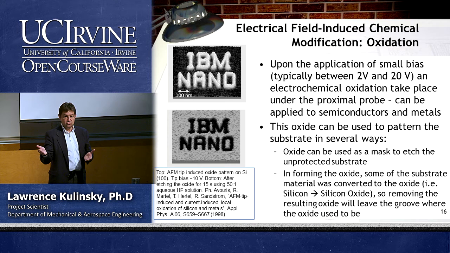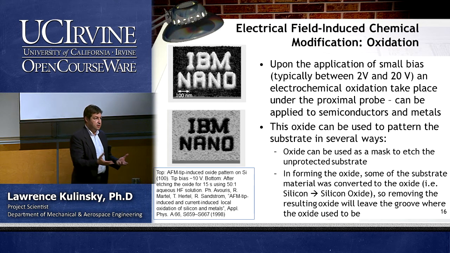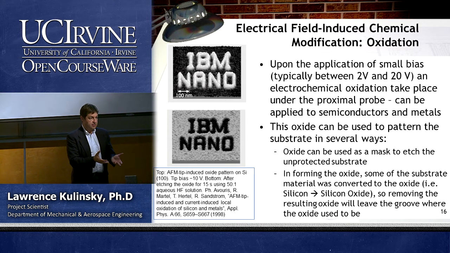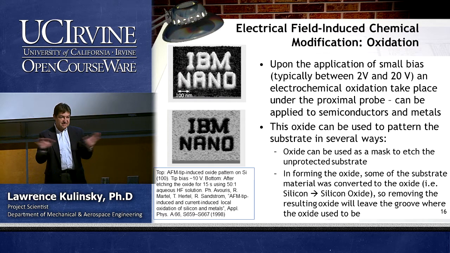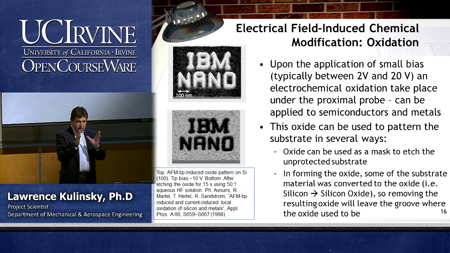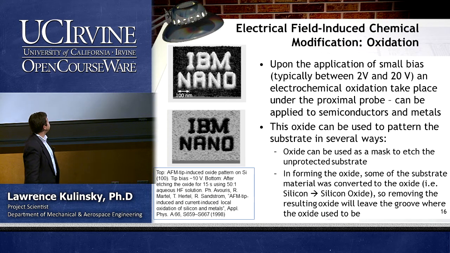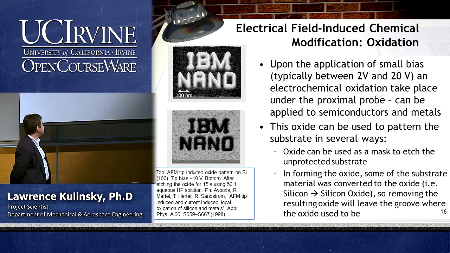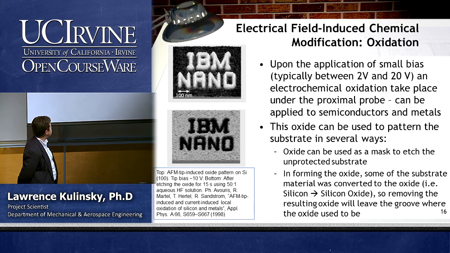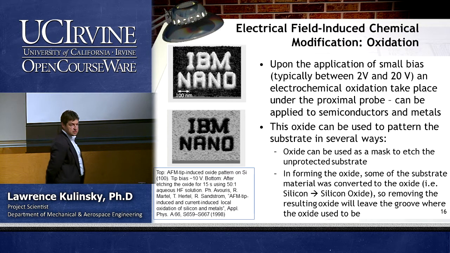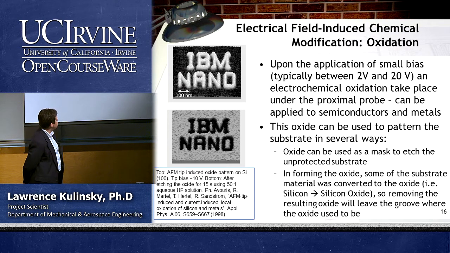Okay, so you already studied classical lithography in this class. Is it correct? Okay, great. So this is basically like that, but your oxide now is determined by where you apply potential with your probe. So you apply small bias, 2 to 20 volts, and electrochemical oxidation takes place on the proximal probe. So it's very locally. It can be applied to semiconductors or metals, and then you can use it as a pattern